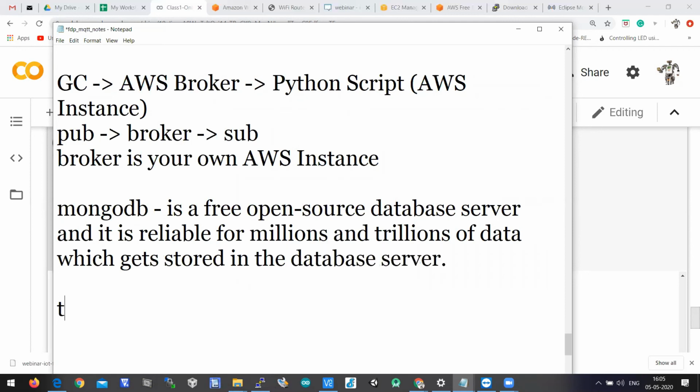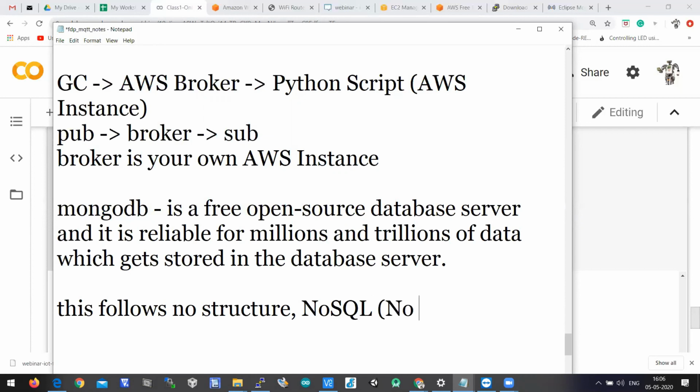This follows no structure, which means that it is like Python. Python doesn't follow any structure, whereas C follows a certain structure. That is why C is called a structure-oriented programming language. MongoDB comes under a family called NoSQL.